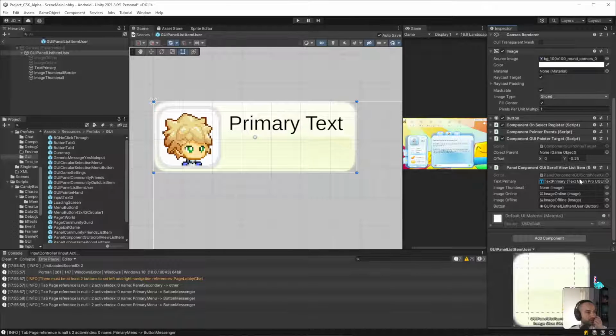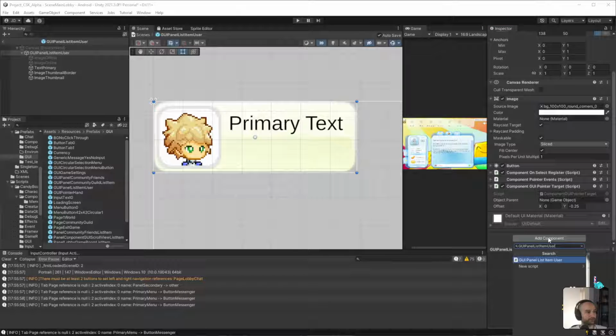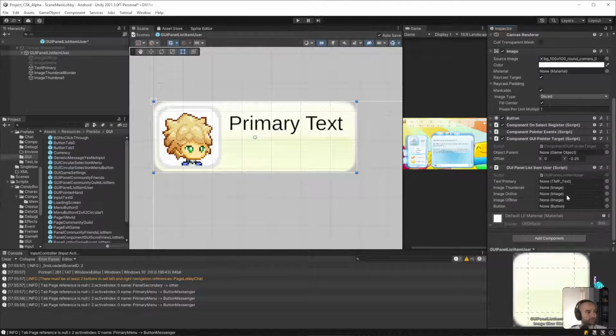Yeah, we want to change this because that's referencing the base. So actually, we're going to remove component and then add component. So it looks pretty much the same, but it's not exactly the same though. Button will of course be button. Online, offline, I'll still set the references.